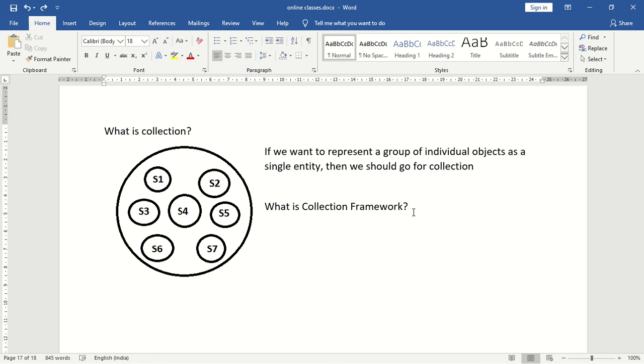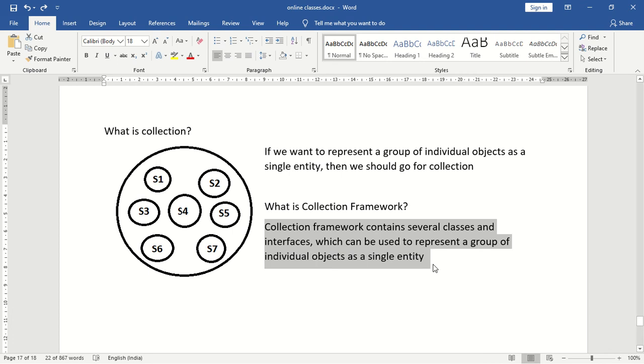Those classes and interfaces we will see now.